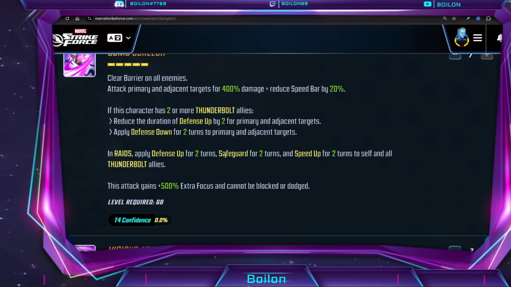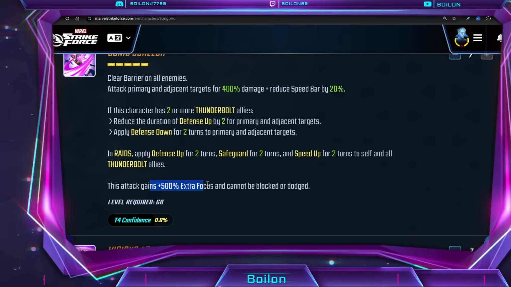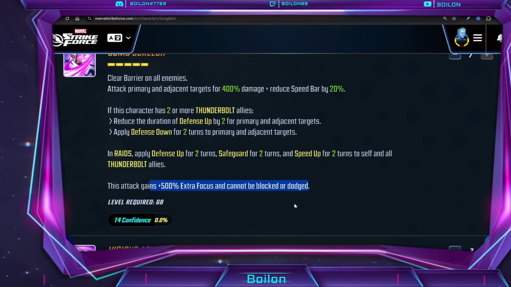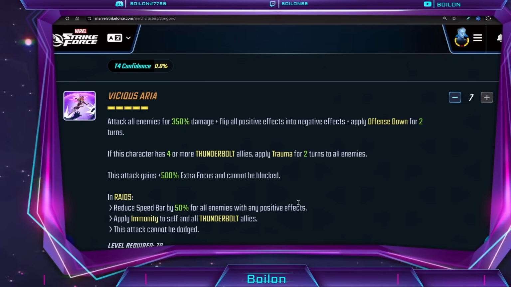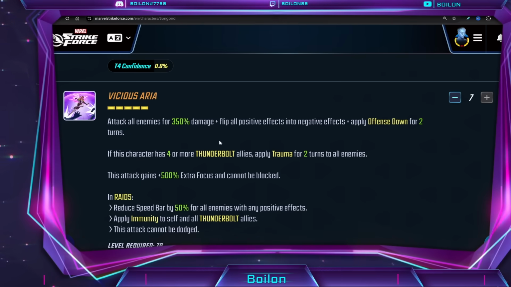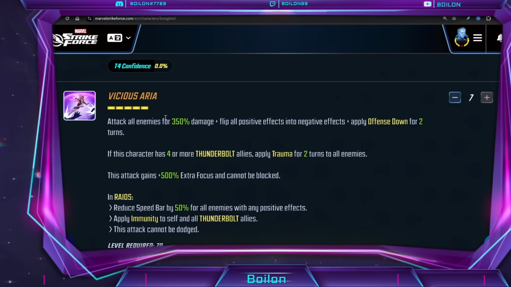Wow, okay, so yeah, she's a blaster, but she comes with a lot of buffs just for raids, and 500% extra focus, at least outside of raids, which is nice too. Her ultimate, available on turn 1 as well, is AoE for 350. Fortunately not piercing, so the numbers are maybe a bit low because it doesn't include piercing, but